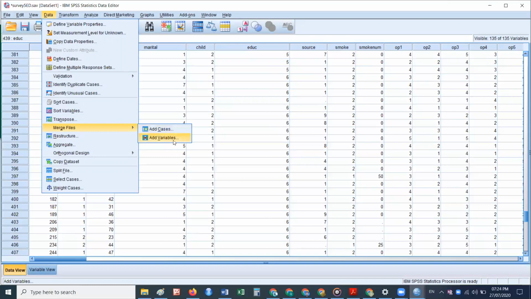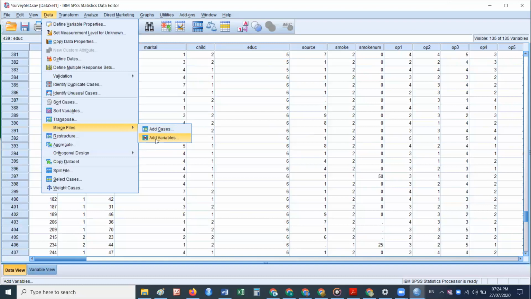Similarly, I can add two data files with the help of columns. Suppose in one data file I have 50 columns and in another data file I have 3 more columns. If you want to add more columns, then you can add variables.